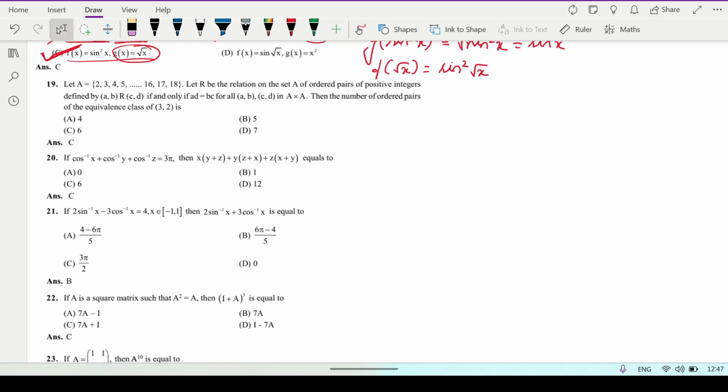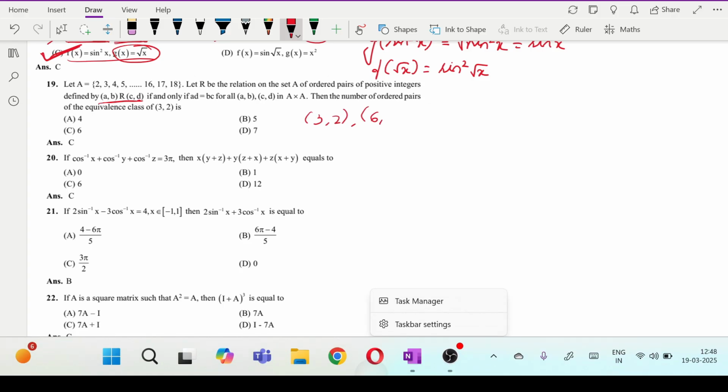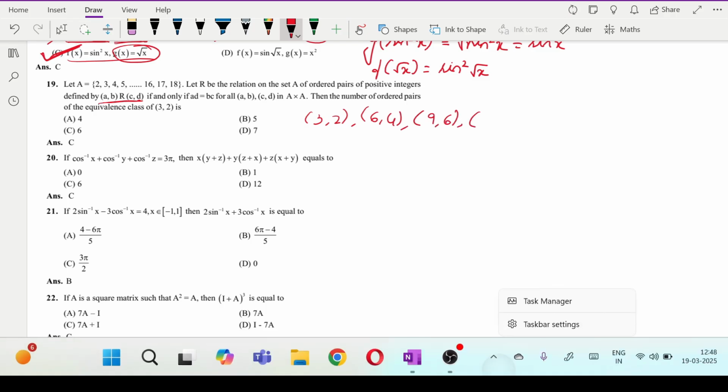They have given a set which contains 2 to 18 and the relation is defined such that AB related to CD if and only if AD is equal to BC in A cross A. Then number of ordered pairs in the equivalence class of 3, 2. Let us list the elements, that will be 3, 2, 6, 4, 9, 6, 12, 8, 15, 10, 18,